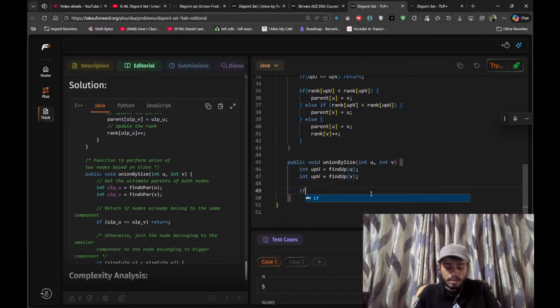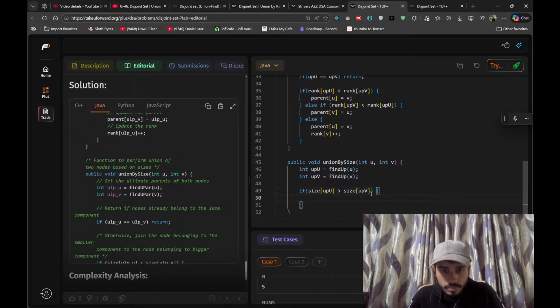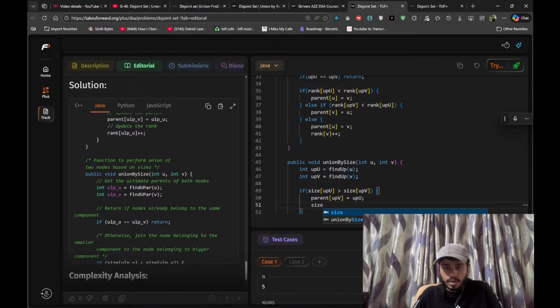And then we say, if the size of UPU is greater than the size of UPV, what we are going to do is: parent of UPV is UPU, and